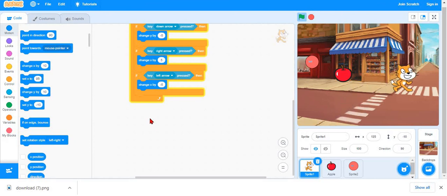When I click the right arrow, it's going right. When I click the left arrow, it's going left. And the up arrow, it will go up. I'm going to make it cross the boardwalk by clicking up and right arrow at the same time. Then I'm going to make it cross here. Like that, you can do more.